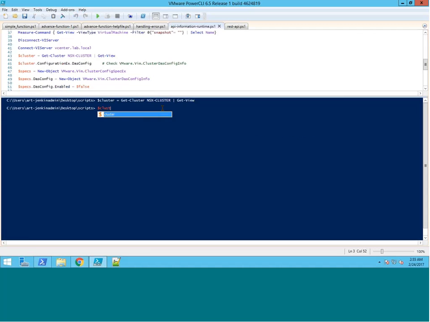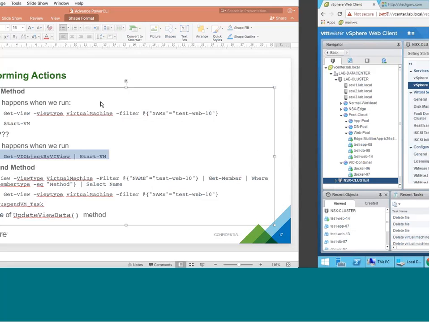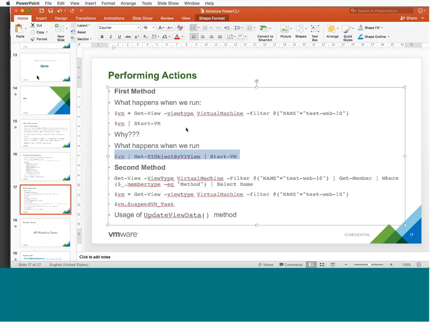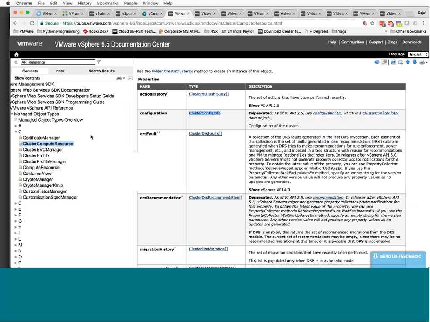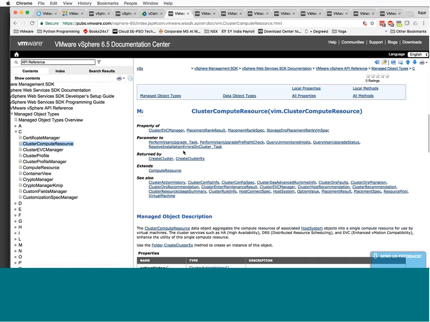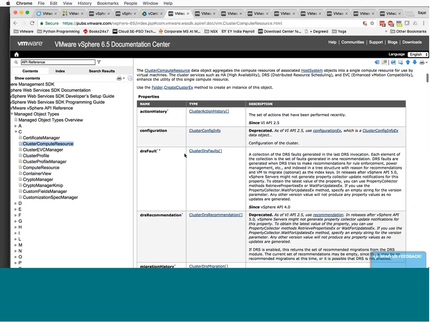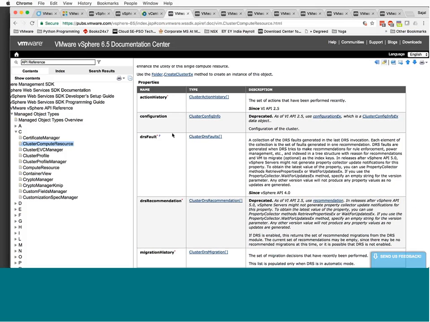So you get $cluster. Now, one way of doing it is going to the VMware documentation. It's really extensive documentation out there. You can search for all the managed objects, like cluster compute resource, and try to find out what you can do. For example, under cluster compute resource I see action history, configuration. Obviously, if I want to do some configuration, I will click on cluster